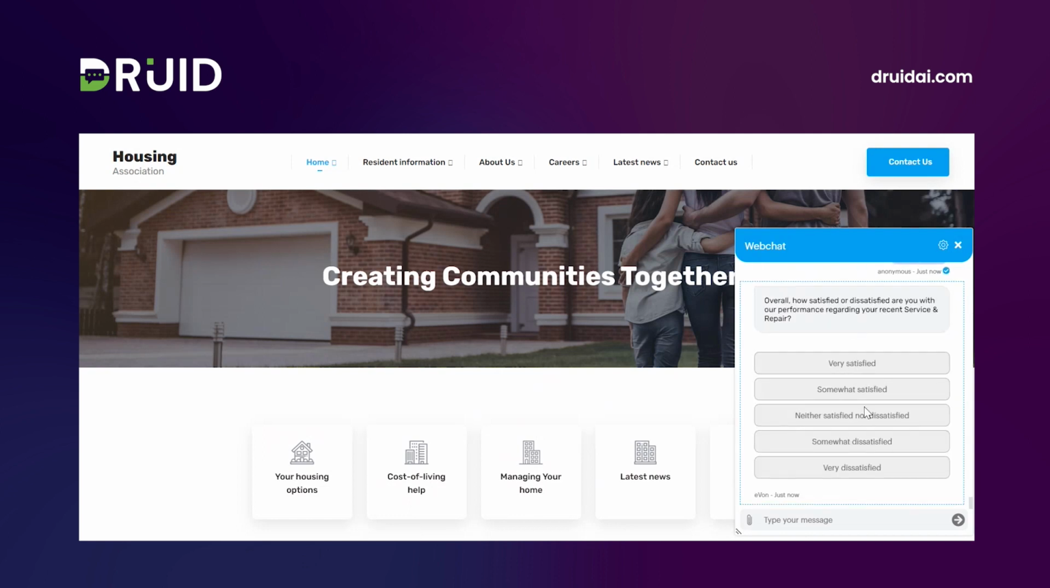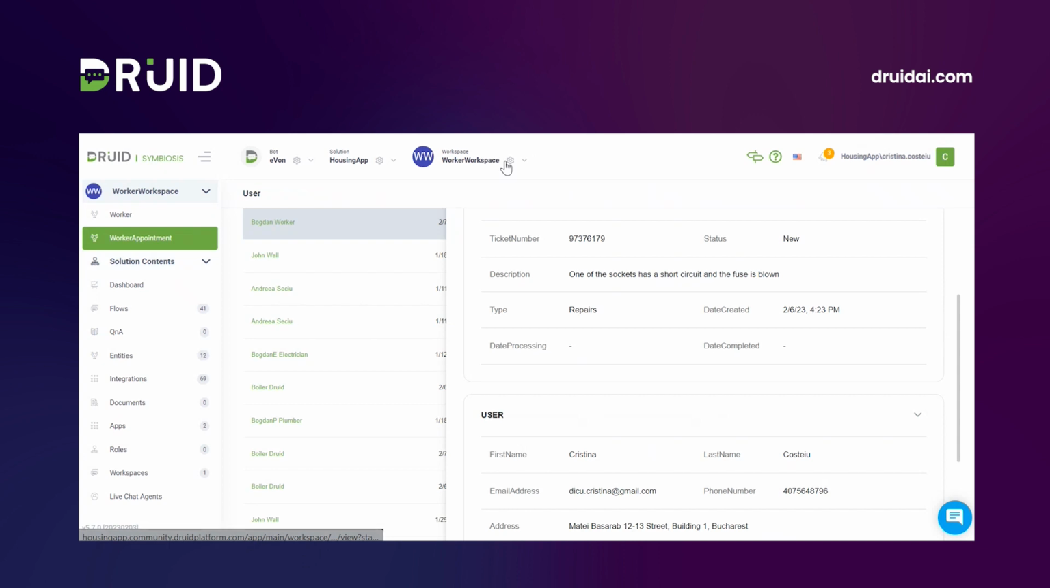And here, of course, you can design any feedback collection, any feedback flow that you need. Depending on what information you want to collect here, we will train the virtual assistant with those specific questions. What is very important to mention here is the fact that once the feedback is collected, again, if you go